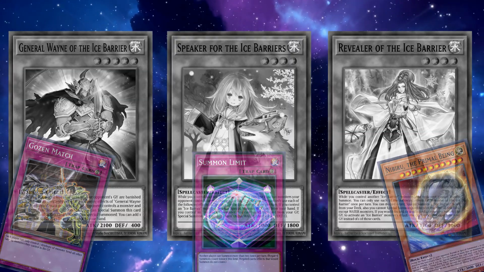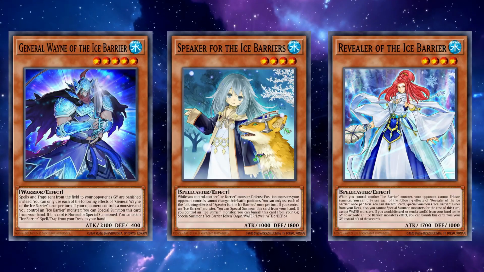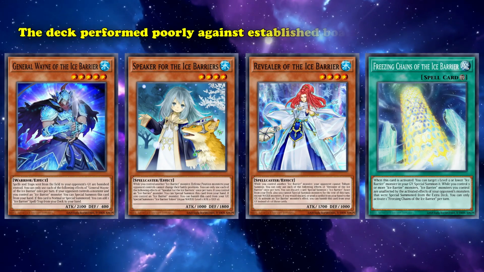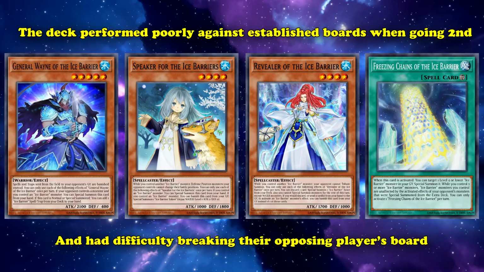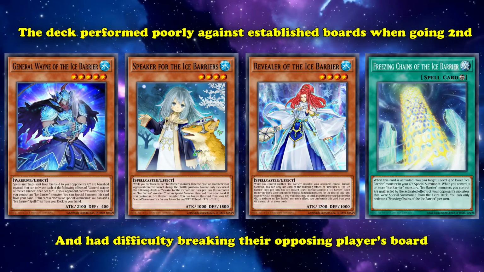a strong board. Also, this deck is weak against banishment, which can completely mess up the graveyard effects from your monsters or any cards that can recur resources like Freezing Chains. Also, the deck performed poorly against established boards when going second and had difficulty breaking your opponent's established boards. So the deck was now playable, but didn't stand a good chance against the meta and was seen as a